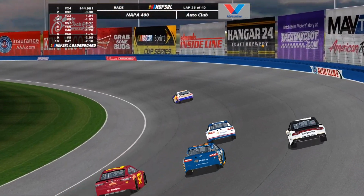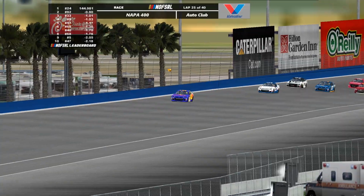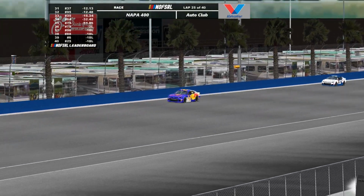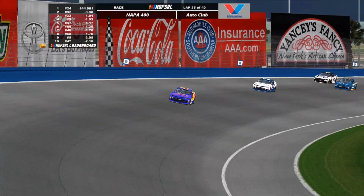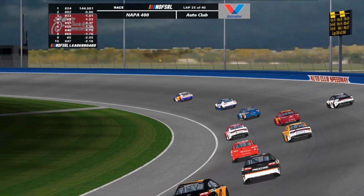But, I mean, he had a slow stop regardless. He was one of the last guys off the pit lane, and I don't believe it was because of his damage either. But McMillan is officially out of the race. He is taking that 79 to the garage, and we're left with 35 drivers on the lead lap. Silas Orta stayed out, led a few laps there in number 3, so he's going to get a bonus point